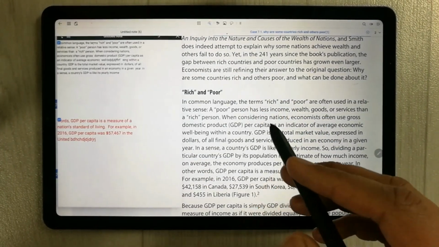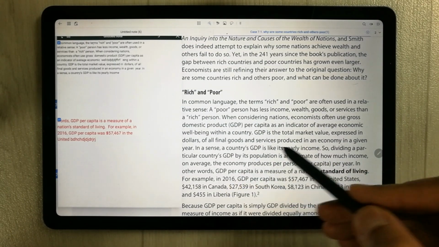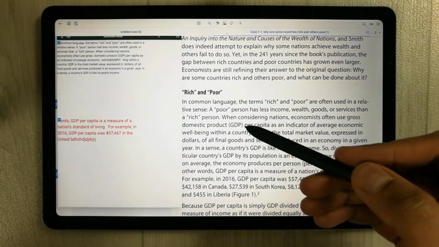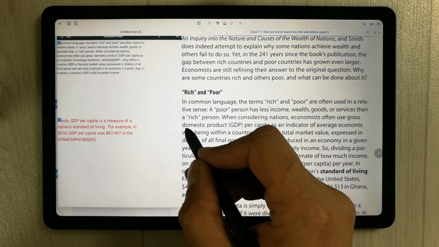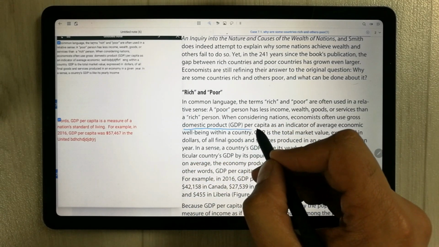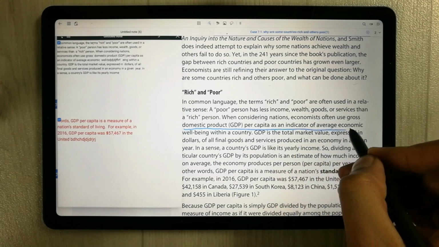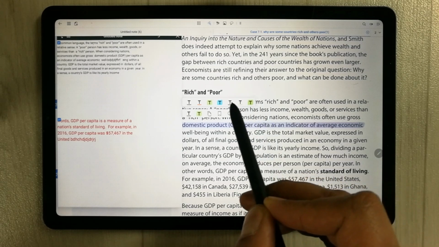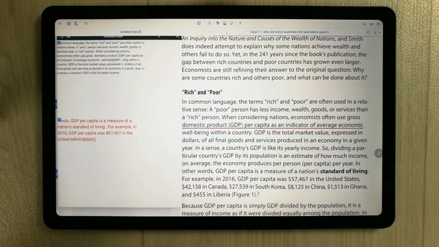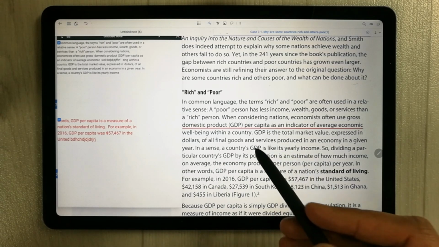Okay, the next thing, for example, if you want to put underline this text, you can also do it. Okay, simply just select this one like that. You can see I put the line over here. Okay, and then it will show you different options over here. For example, if I want to put the line, so I just select this. You can see it put the underline over the text.